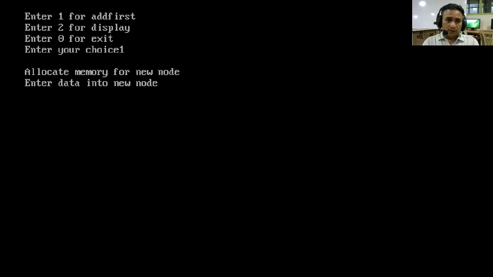I press 1 again and add a new node, which is 200. Now I want to display my linked list. It should display 200 and 100. So press 2.